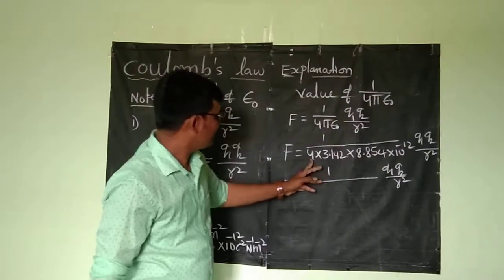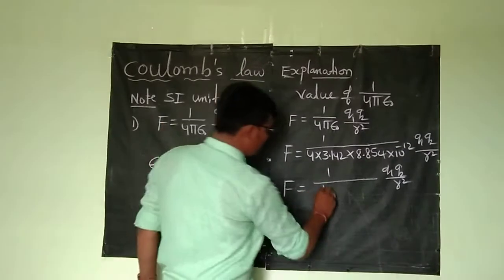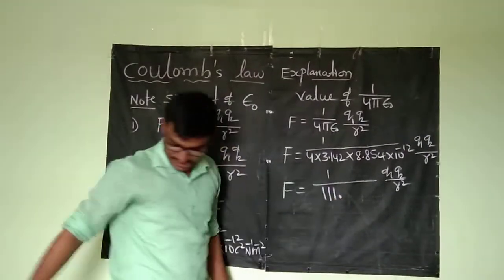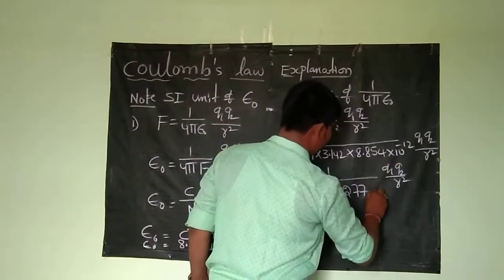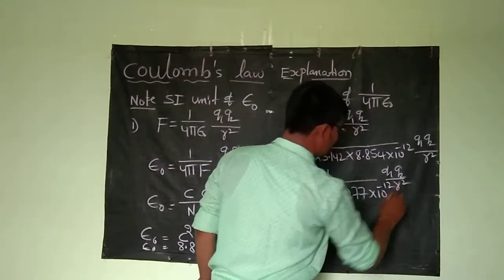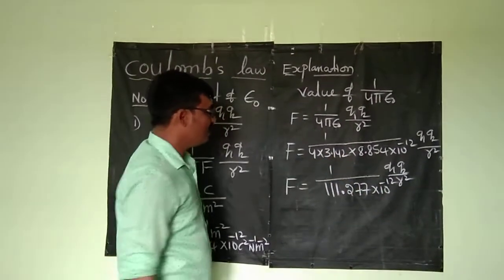I don't have a calculator, its value becomes 311.277 into 10 to the power minus 12. So this 10 to the power of minus 12